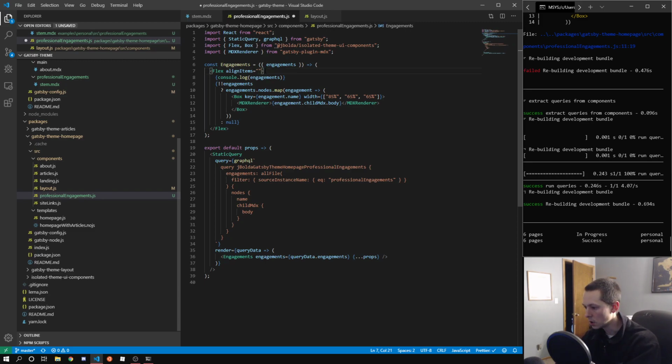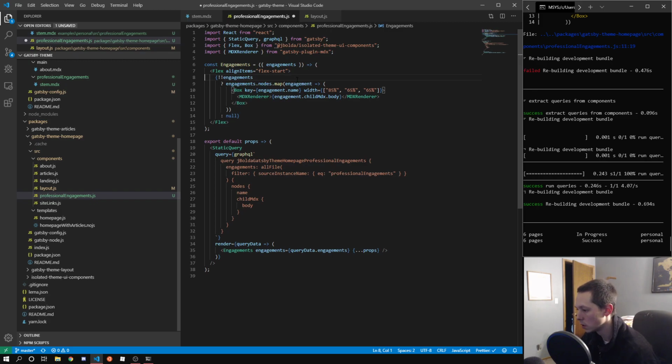So align items top is not a thing. It's actually flex start as the default. So I was actually using flex start before, and I just had not noticed that. So I think what we're going to do is set the box width to be something like, it's not quite 100% width at this point. So if we say something like 30%,